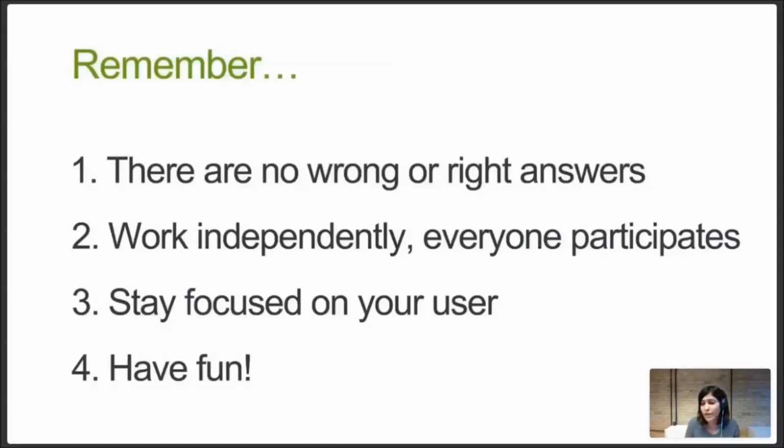And again, make sure everyone is participating so that everyone's ideas are getting inputted into this, because different perspectives really do bring out creativity and innovation. And that's how you're going to get really cool ideas to work on as well. And again, stay focused on who it is, because that's going to help you get inspiration and really solve a real user's problem. And have fun